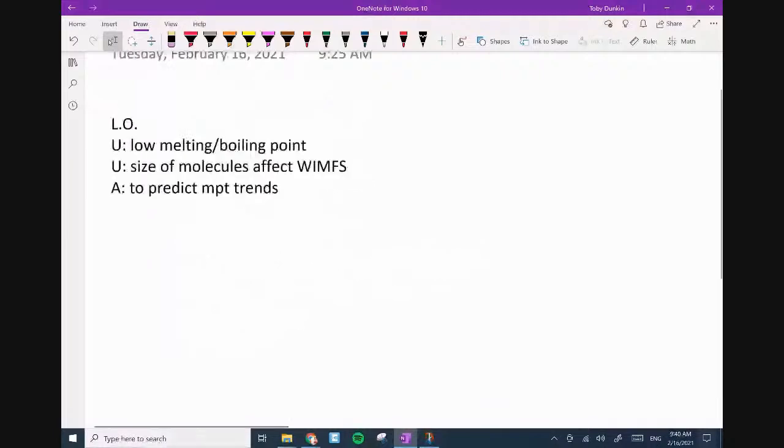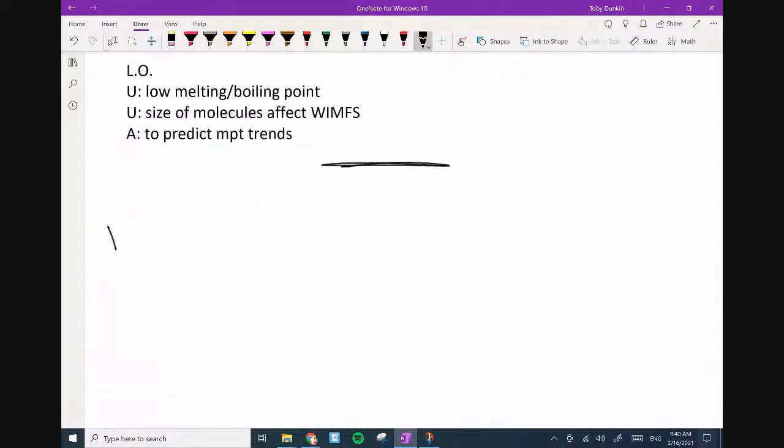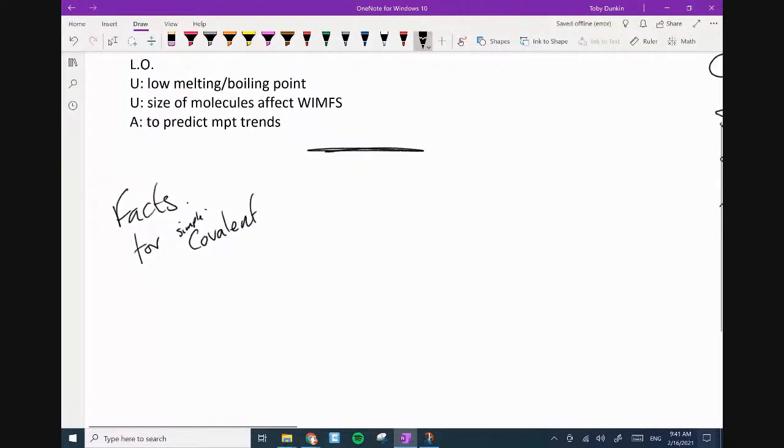So the first thing we need to make a note on there is that. So, facts for simple covalent. Or simple, by the way, you don't need the word simple. What it should be is facts for covalent, because there are so few giants, the word covalent applies immediately to the simples because most things are simple and not giants. So, facts for covalent